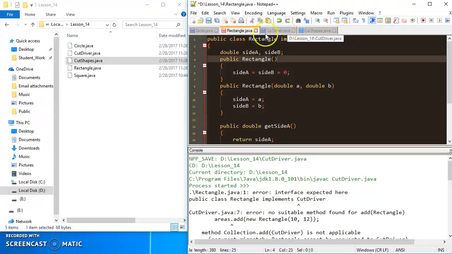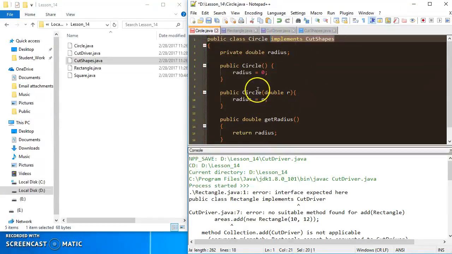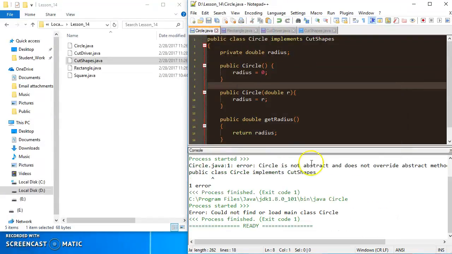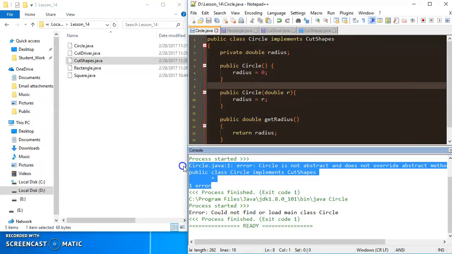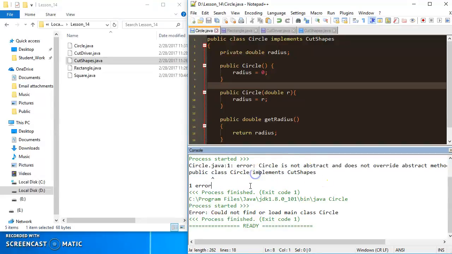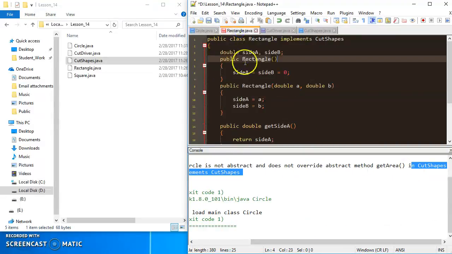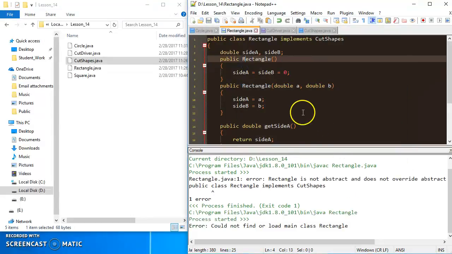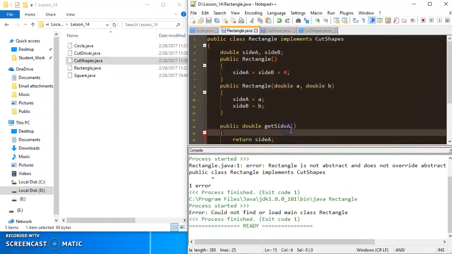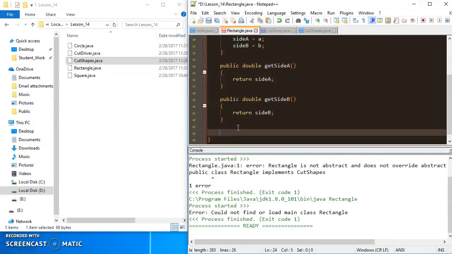So I have implements CutShapes on both, and if I run this, it's going to give me an error because the class is not abstract and it tries to implement CutShapes but doesn't contain the abstract method GetArea. The same will happen if I do this on rectangle. So I'll get the same error, which means I need to add the GetArea method. Now those are going to work completely differently on each one. So I'm going to go public double GetArea